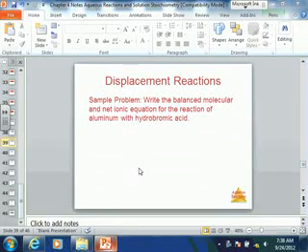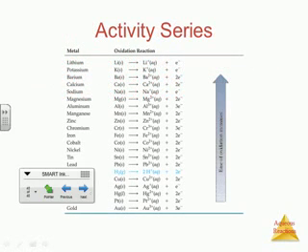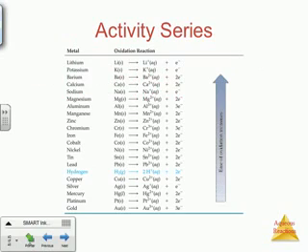Okay, so we left off with this net ionic equation here. So let's go ahead and get back to this. Now we need to talk about the activity series, which we talked about a little bit last year. And again, last year, before we were really talking too much about the net ionic or anything like that,